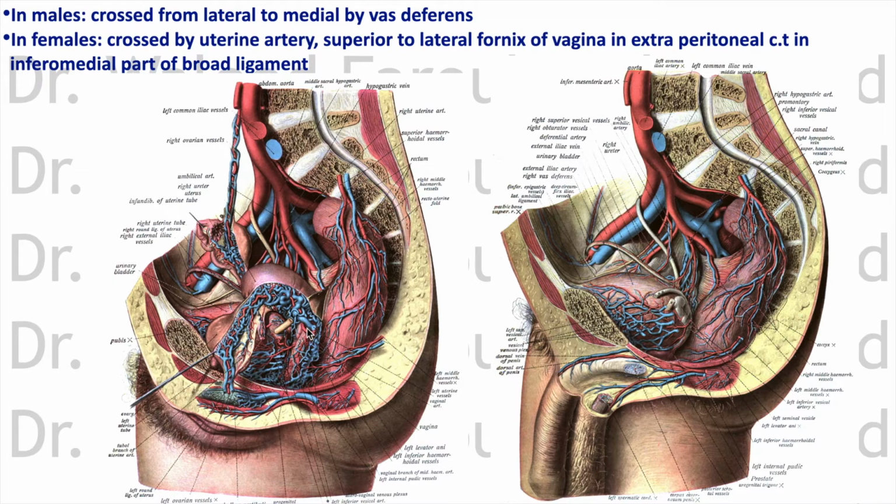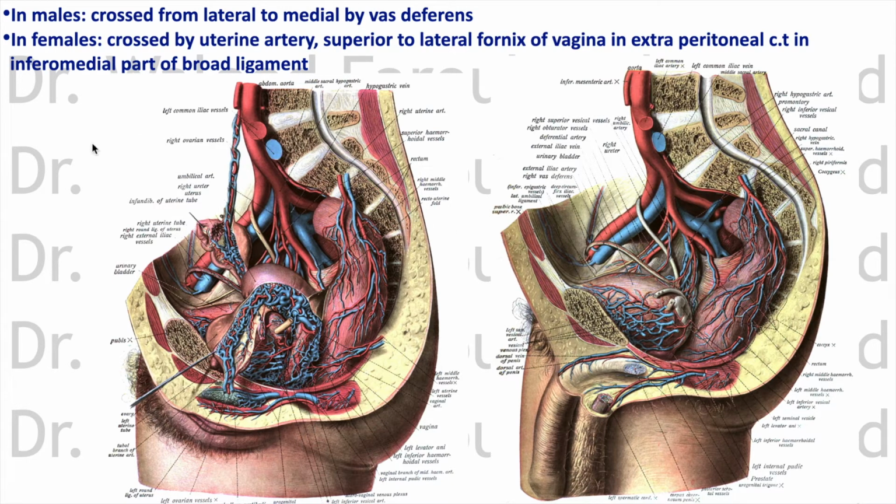So this is for the obstetricians to take care when they do vaginal hysterectomy, for example, and they want to ligate the uterine artery through the vagina. They take care not to ligate the ureter as well. Okay, so remember, this is very important. They are crossed in males by the vas deferens and in the females by the uterine artery above the lateral